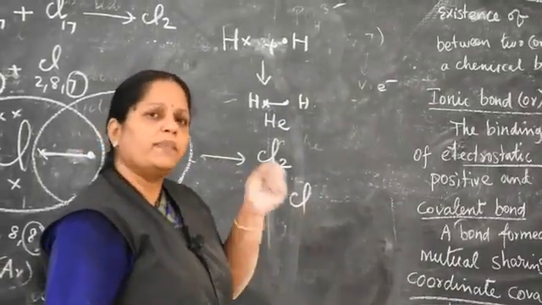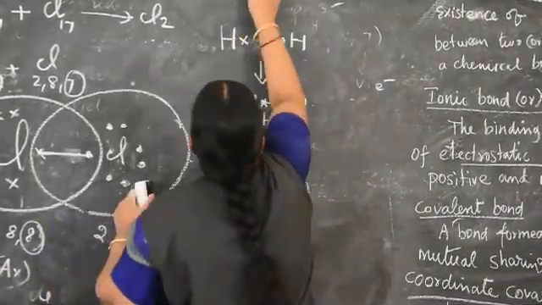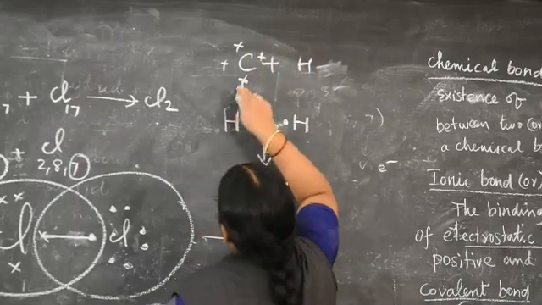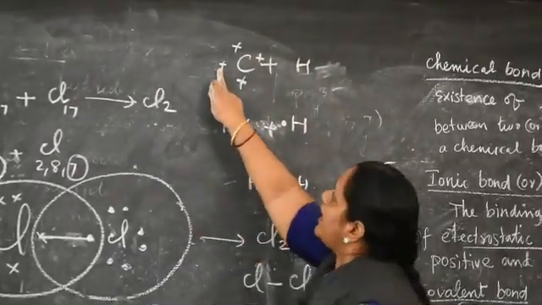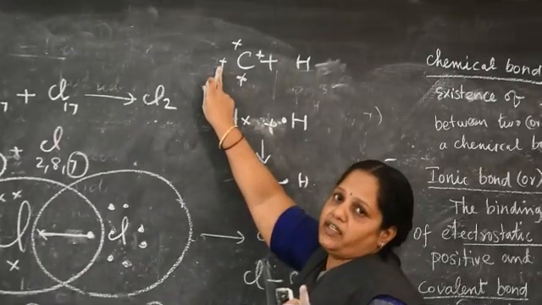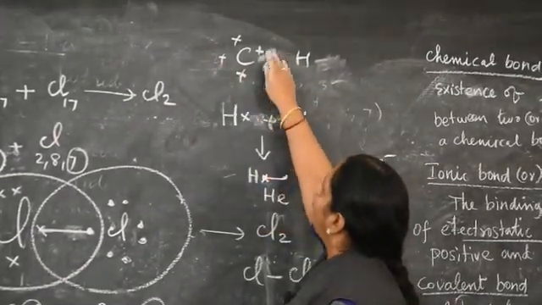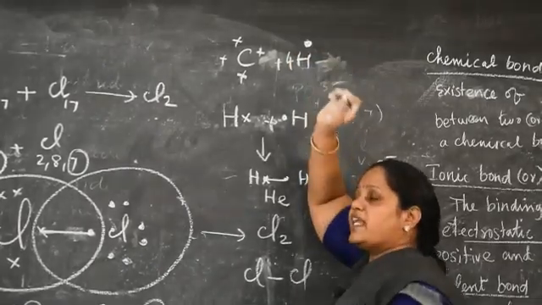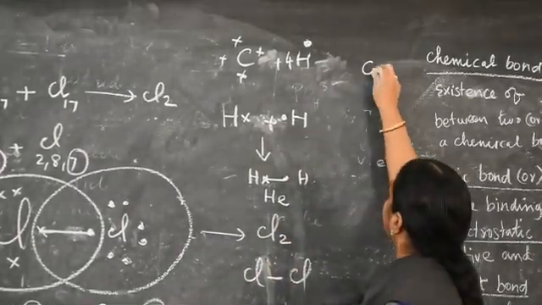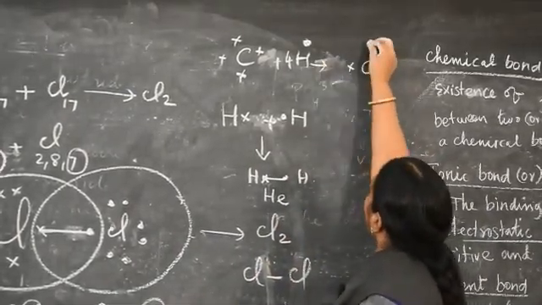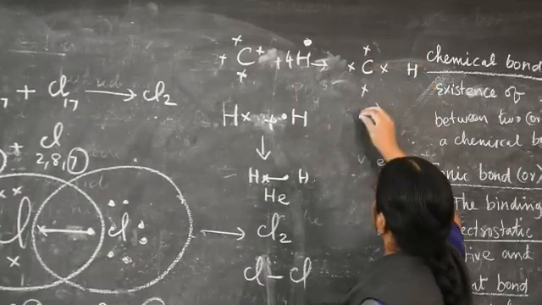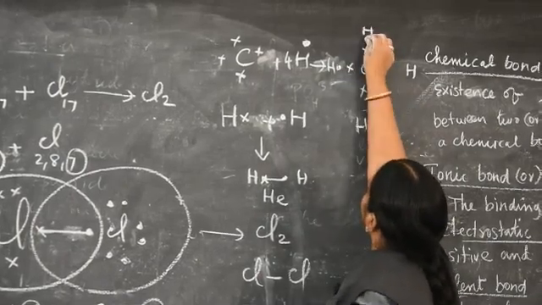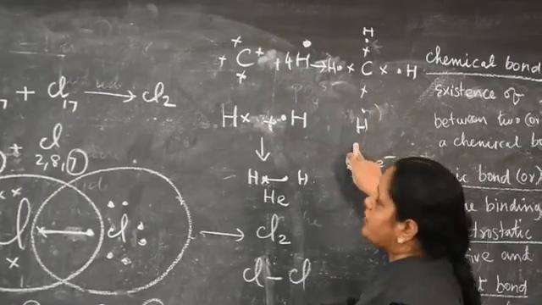So what are hydrogen and chlorine? These are non-metals. So between non-metals, consider carbon and hydrogen. Carbon valency 4. I write the valence electrons of carbon as 4. These are represented as Lewis dot structure. Only valence electrons are represented, 4 electrons, and it combines with 4 hydrogens. Each hydrogen carries 1 electron. That's why carbon gives covalent bonds, here hydrogen, here hydrogen, here hydrogen, here one more hydrogen. I put a dot here, dot. This is for hydrogen, this is for.